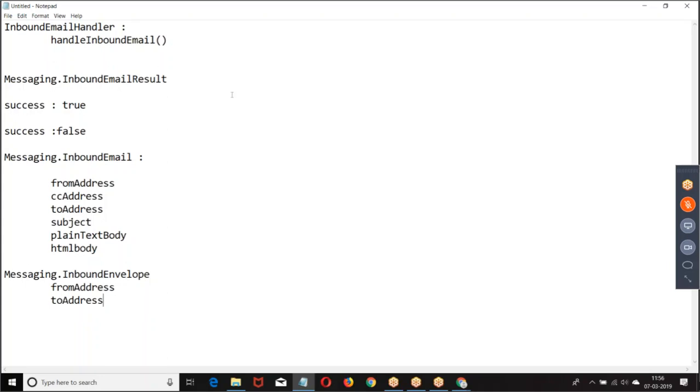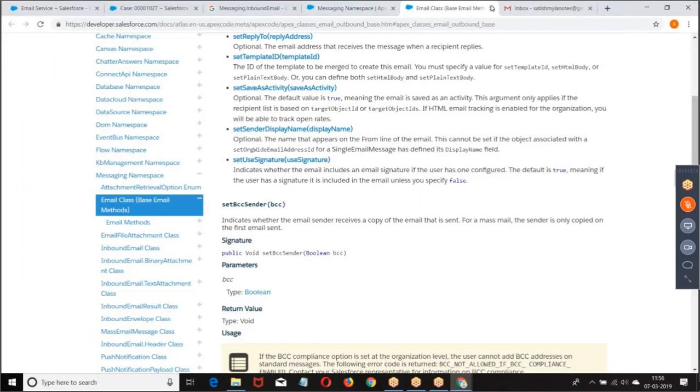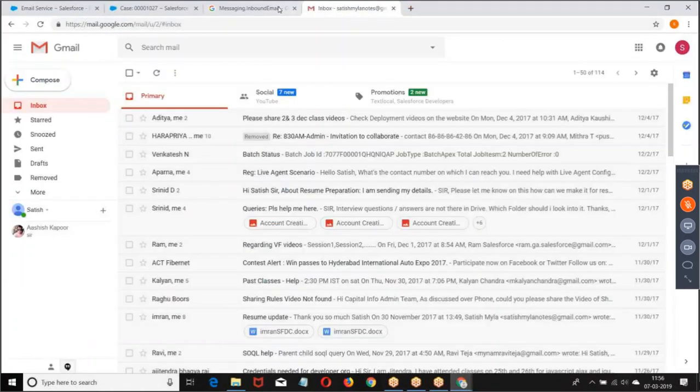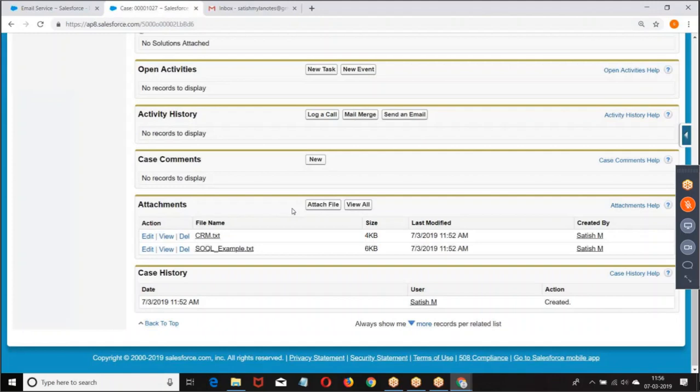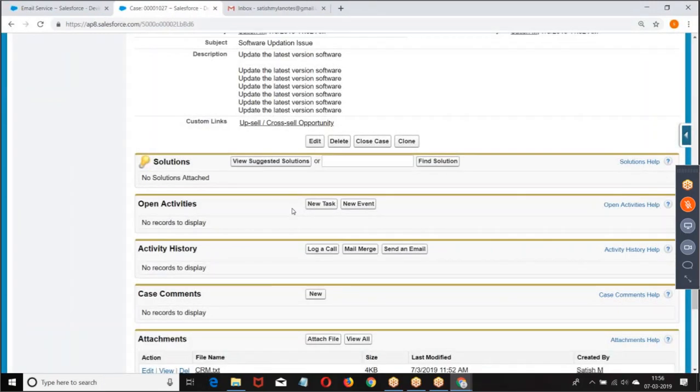I hope you are good with this. Clear for everyone? Right, boss? Outbound message, inbound message. I hope everybody is good with this. Okay, let us get into the next concept. I am closing this topic. Everyone is good with this example. Any query from your end? Everyone is fine, right? Okay, let us go to the next concept.